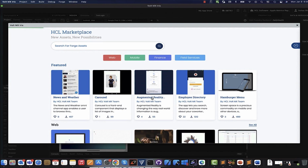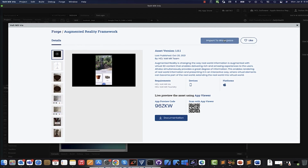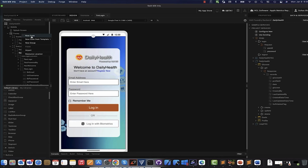I can open this directly from Iris. I can see if I want to preview this, what is the shortcode for using in my app viewer. I can see videos of them. I can import this directly to Workspace, right? I can scan them at the app viewer. The QR code is always available, right? We also have